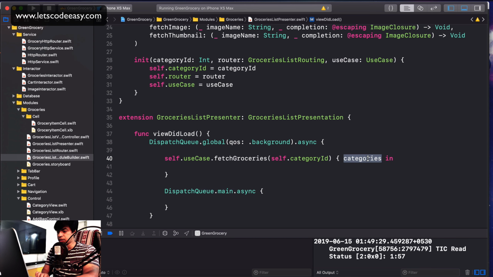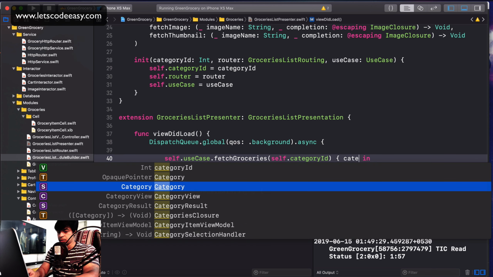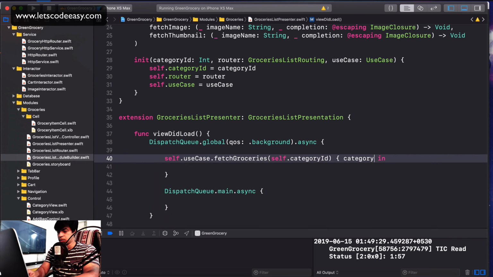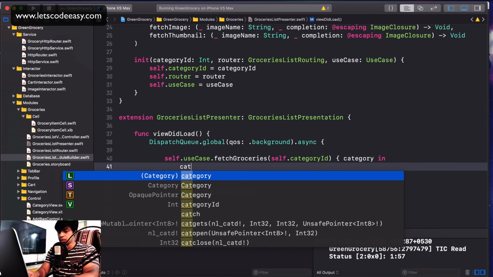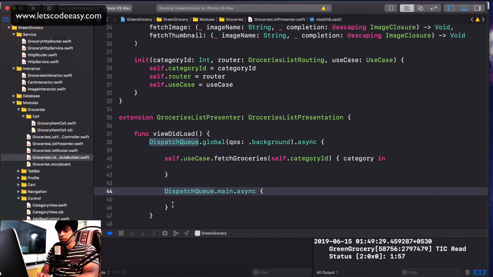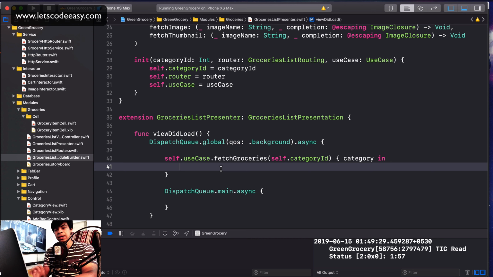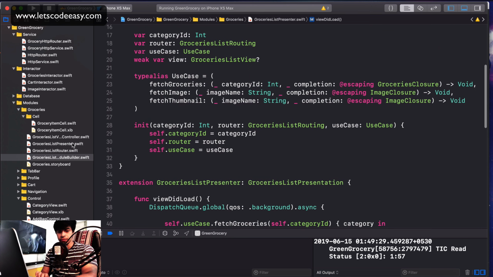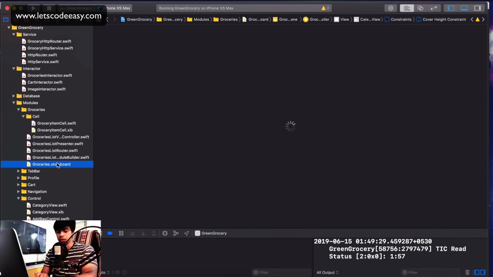Completion happens. We get the categories. What do we get back? We get a category, I guess. Yeah, we are getting a category back. So that's what we get back. So once we get that back, as soon as we get this back, we can do a couple of things. One is, if I go back to the screen,